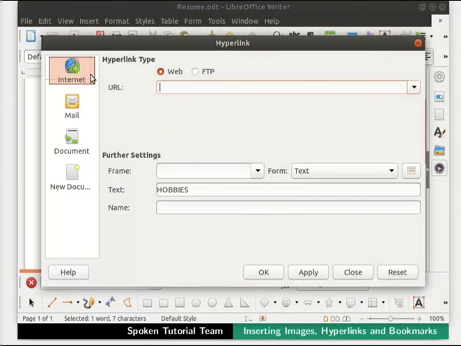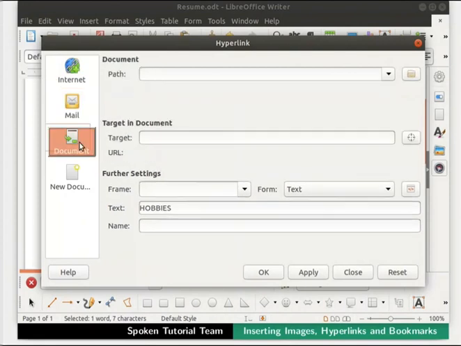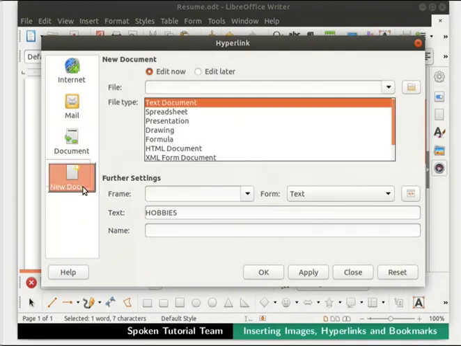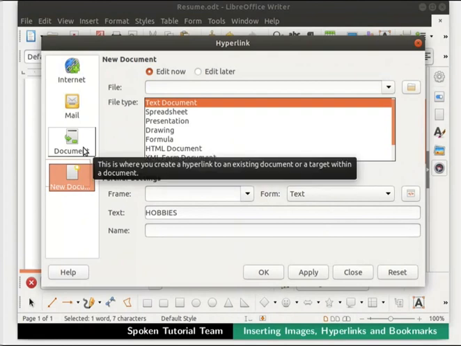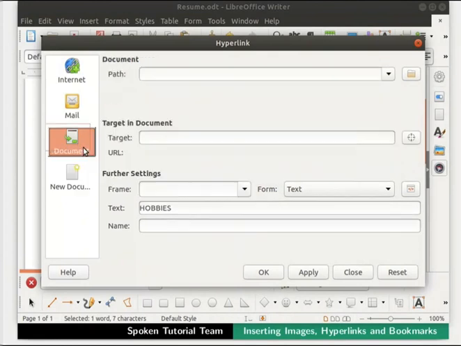On the left, we see the options Internet, Mail, Document, and New Document. For creating a hyperlink to another text document, click on Document option. Here, there are two sections, Document and Target in Document. We will learn about the Target in Document feature as the tutorial progresses. Click on the folder icon on the right of the path field. Select